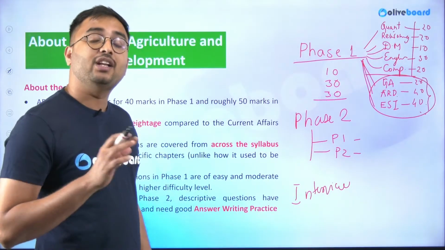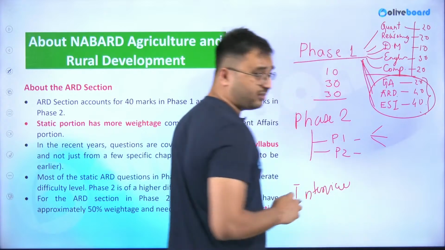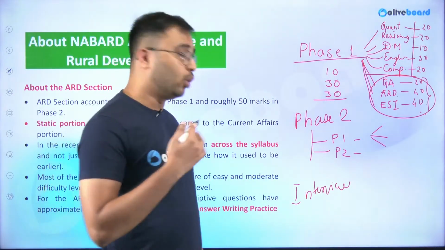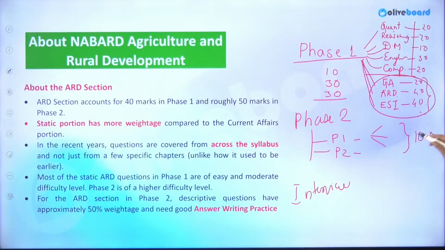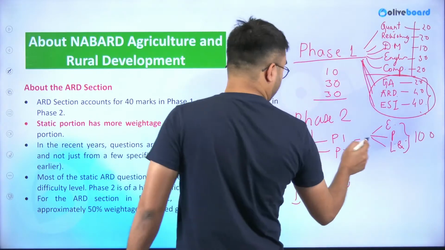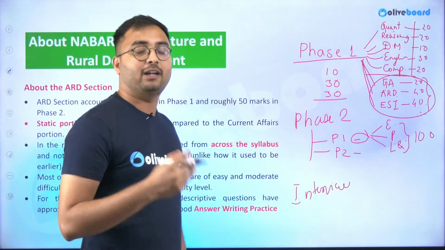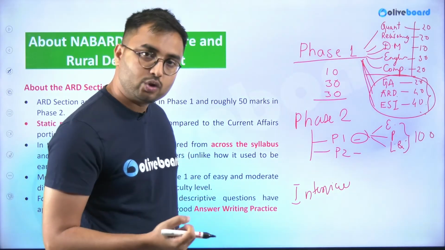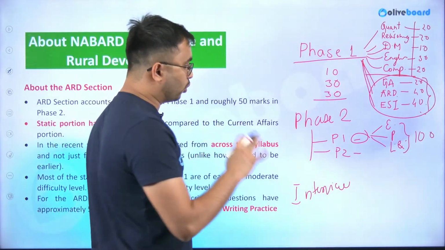Paper 1 is English descriptive, which has 3 questions for a total of 100 marks. The 3 questions are the essay, the précis, and letter writing. The first paper is more of checking your comprehension and paraphrasing skills. If your comprehension is good and your answer writing is good, definitely you can score high.